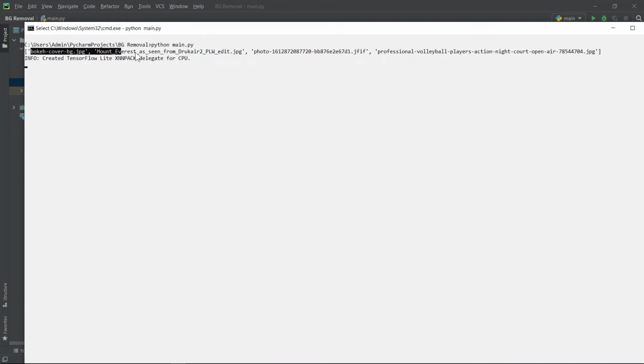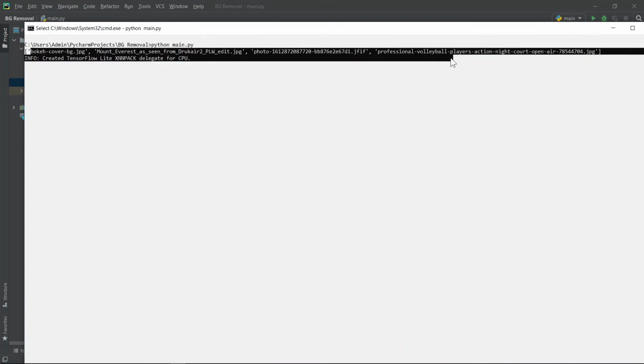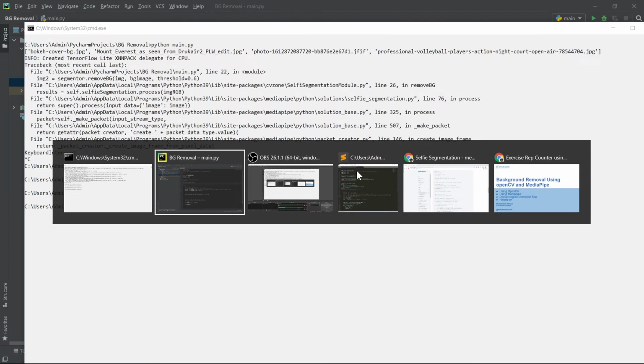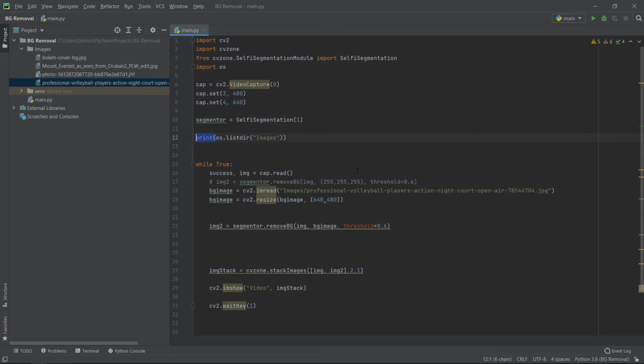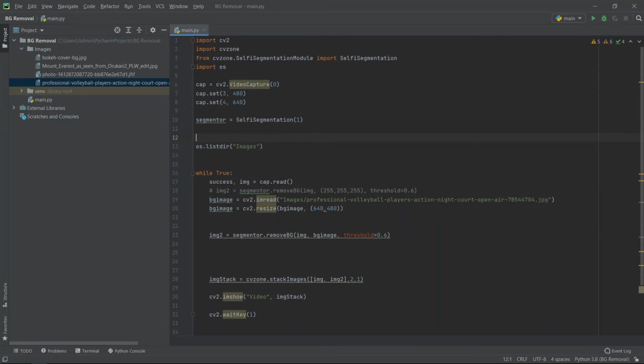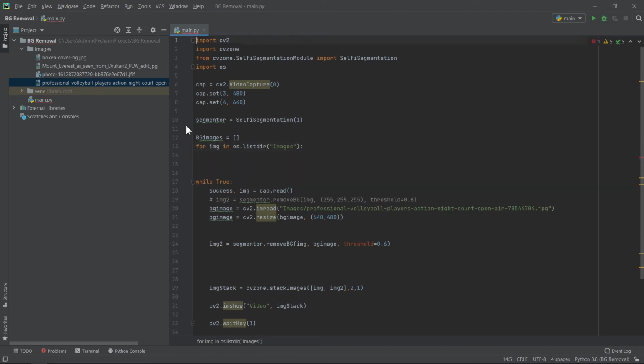we are getting the name of the first image, name of the second, third, fourth, and so on and so forth. Now what we will do, we will just iterate on all these images. We will create a list in which we will save all these images, and then we will be using those images over here based on some indexing. So we go for let's say bg images, make it an empty list, and then we go for img in this. We go for bg images